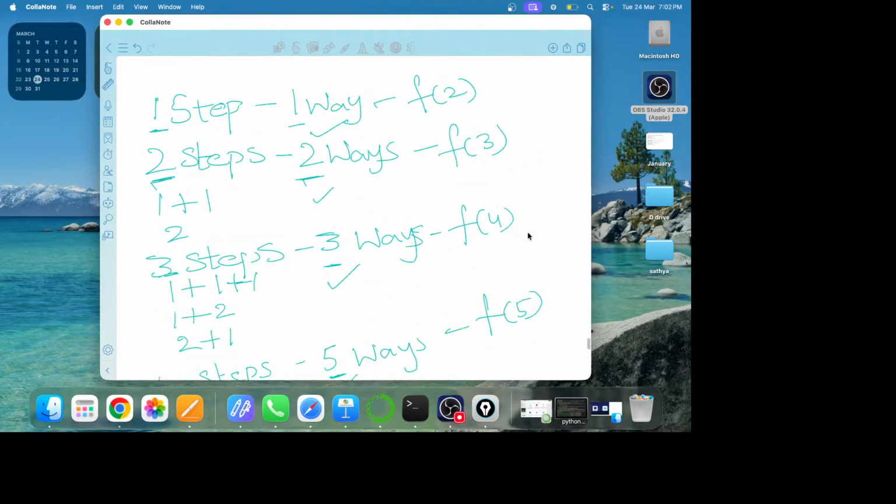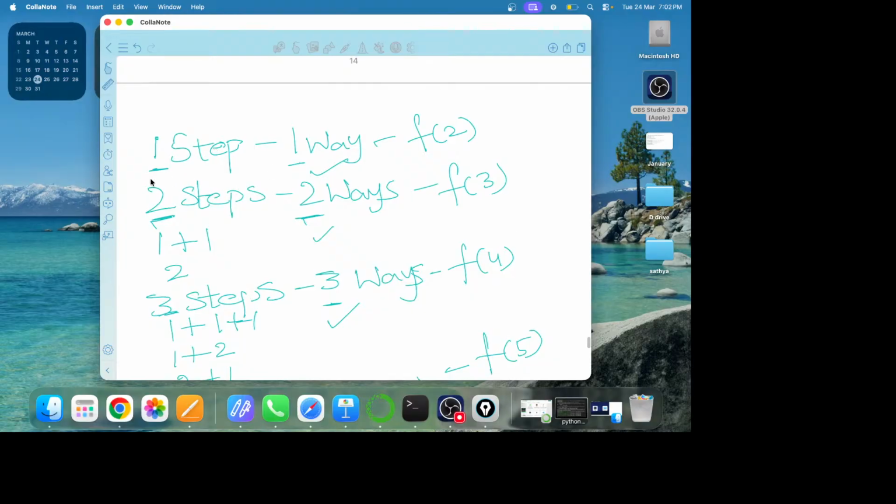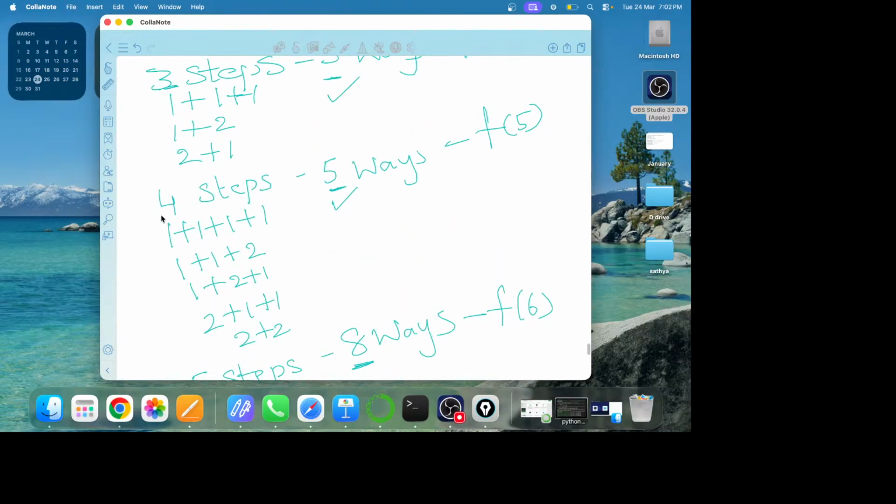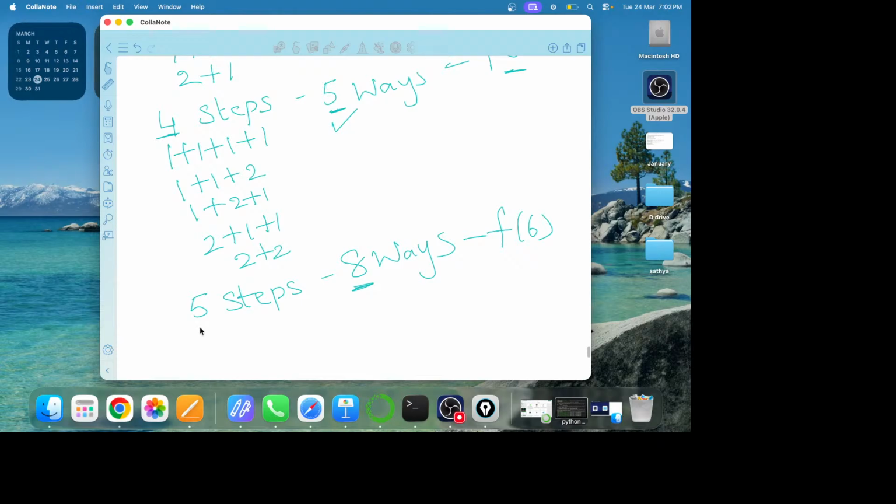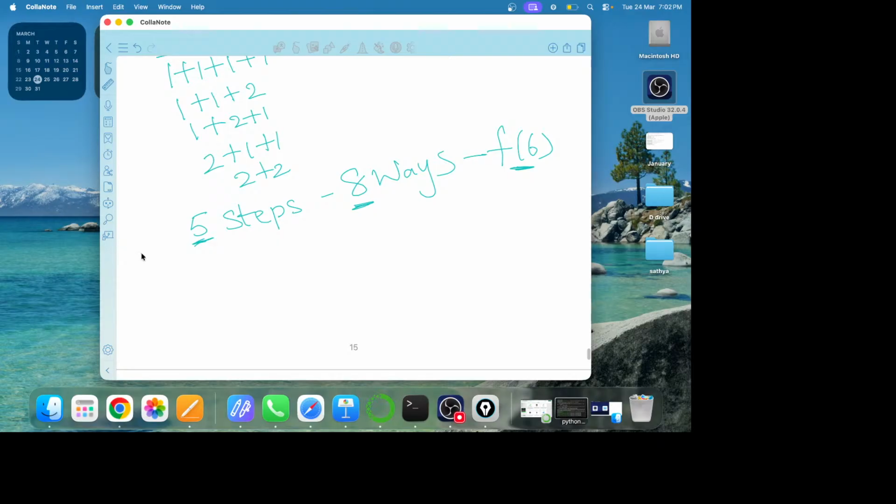See, here you can understand one thing. Based on this, for one step we should print f of 2 result. For two steps, we should print f of 3 result. For three steps, we should print f of 4 result. Next, for four steps, we should print f of 5 result. Next, for five steps, we should print f of 6 result. Based on this, we can make one confirmation, that the number of ways to reach